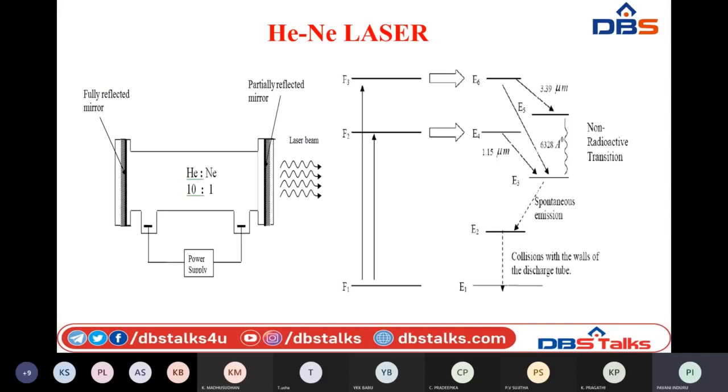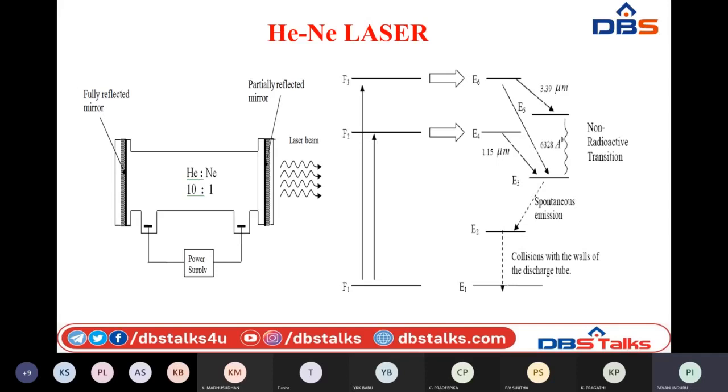Whenever we turn on this electric voltage supply, the highly accelerated electrons will strike the helium and neon molecules. Since helium is very light in weight, helium will get excited first. On the left side I have shown three levels F1, F2, F3. These are the different excited states of helium. At the right side we have different energy states, which are the energy states of neon. Though helium is very active, the laser action will take place only in neon. How it happens, we will discuss now.